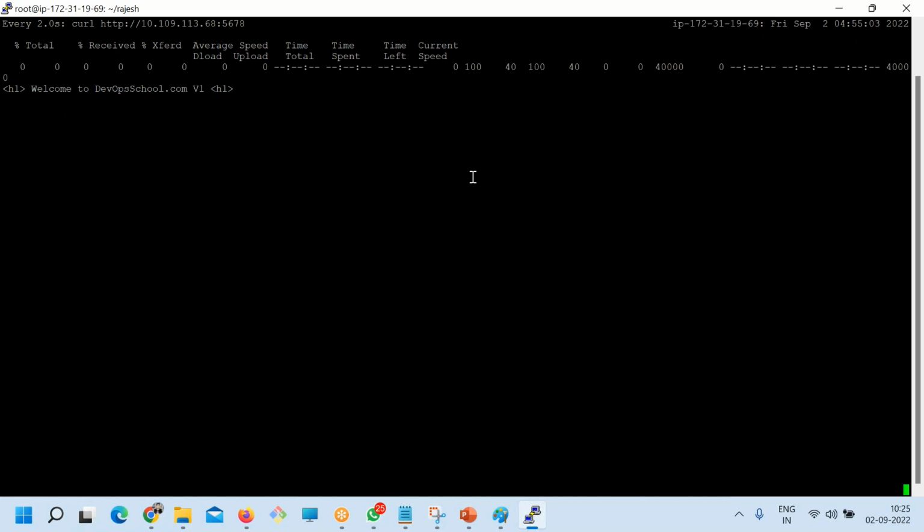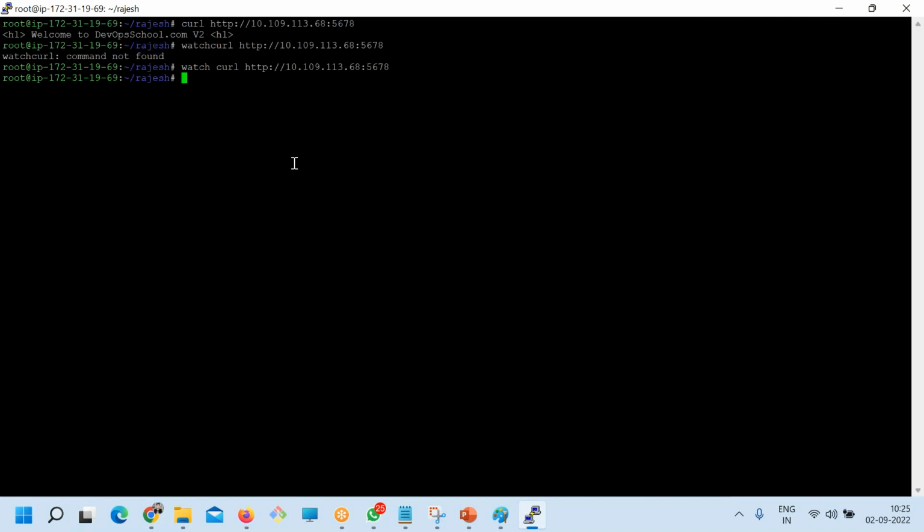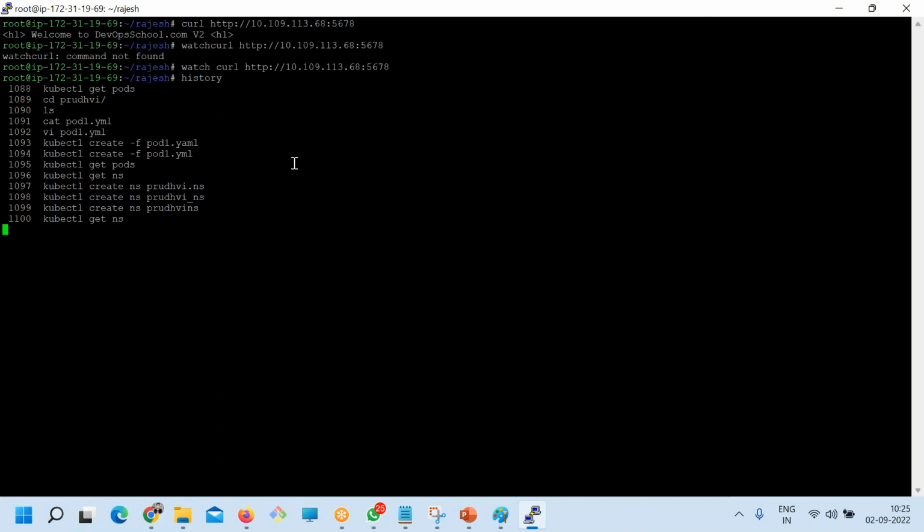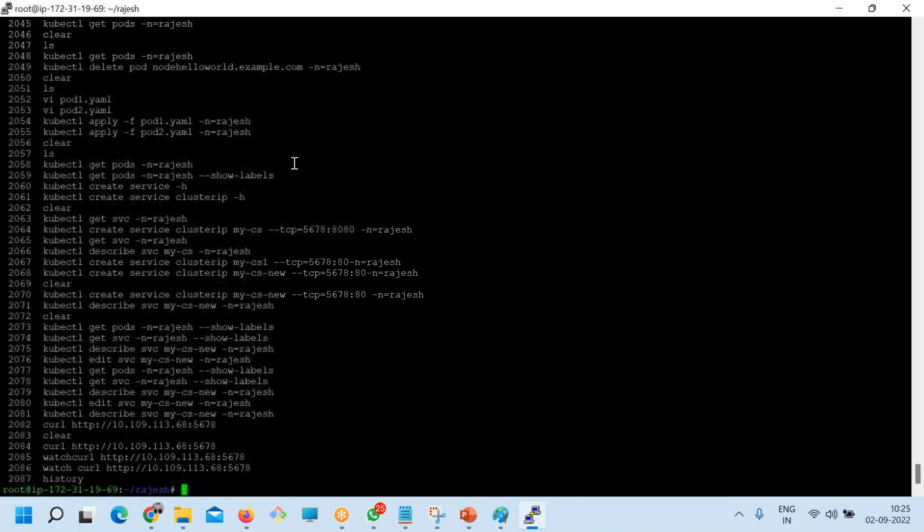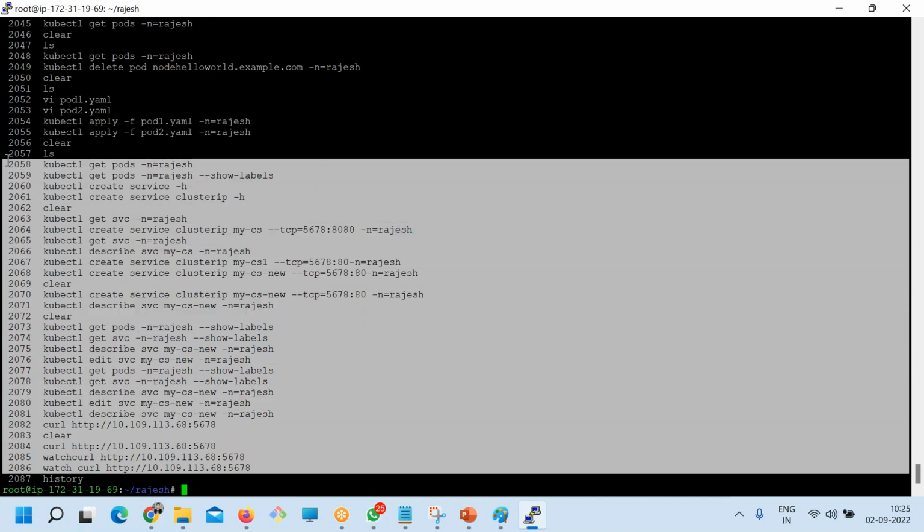And this is how you can create a service. But if you're thinking that you have to match the labels manually, don't worry about it. There's a command which automates this. Everything can be done with two commands, but I dragged this topic because I wanted you to understand how it works. All of you understood, right?